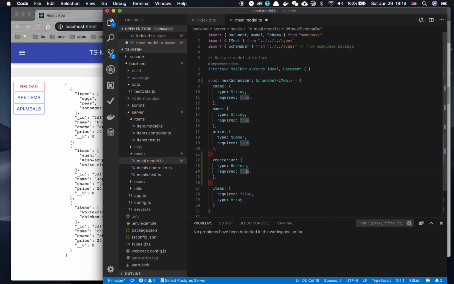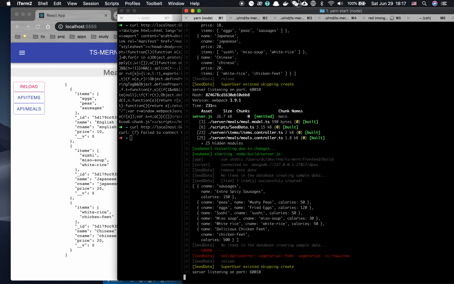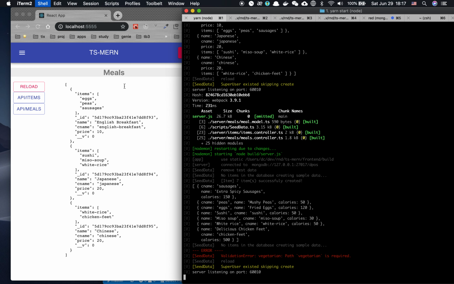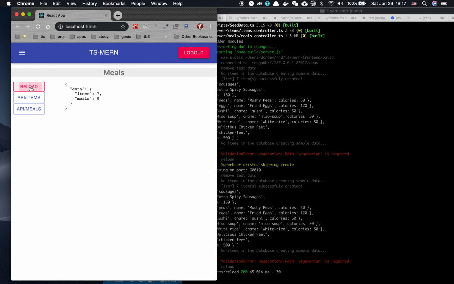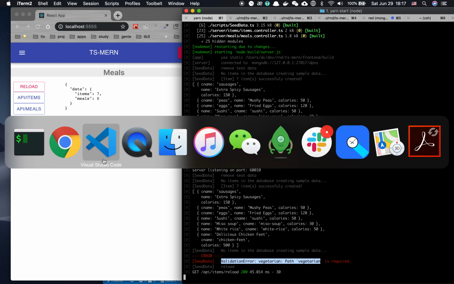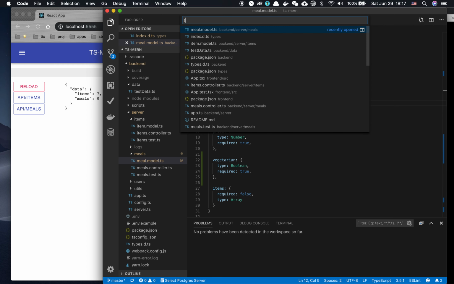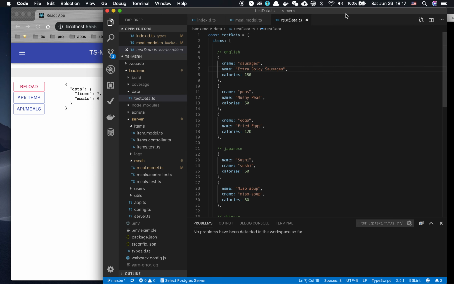Let's see, boolean, required. Let's make it required and see what happens, see what breaks. So now if I reload the data, we should get some validation errors because vegetarian is required. So let's just go back to our test data for the